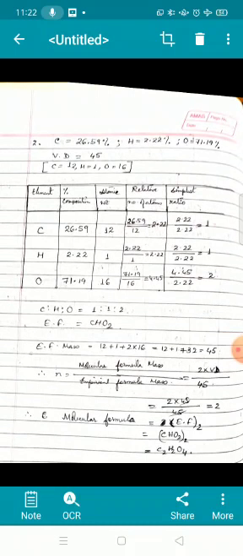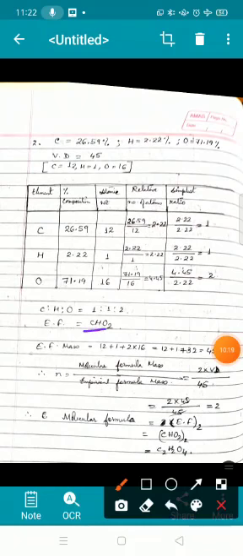Now our job is to calculate the molecular formula as well. So first we calculate the empirical formula mass. So we use the empirical formula, that is carbon is 12, there is one hydrogen, so 1, there are 2